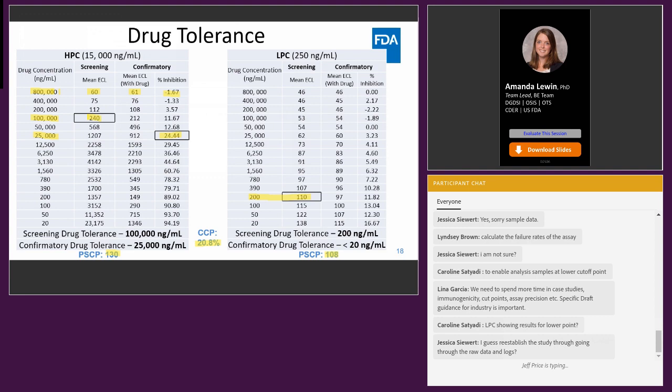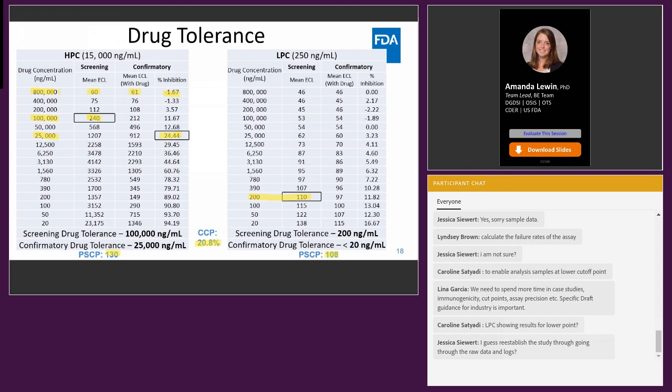So even though the drug tolerance was not really established for the low positive control in the confirmatory assay, the firm chose not to evaluate it further and therefore just reported the drug tolerance as less than 20 nanogram per ml. The firm did note that there was a signal suppression by the drug, which was detectable over the range